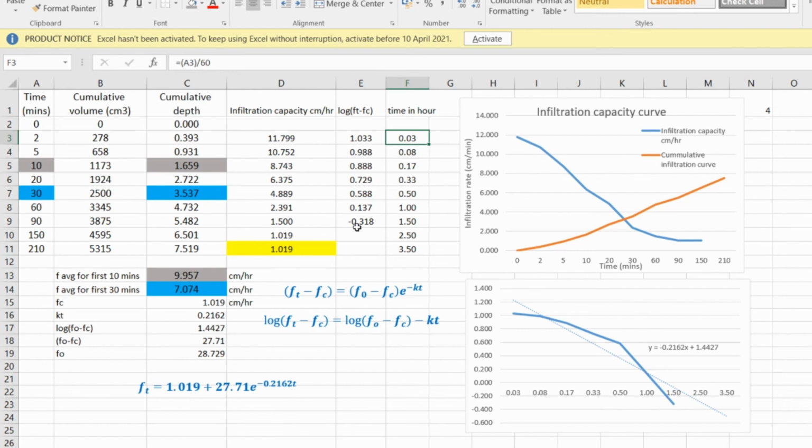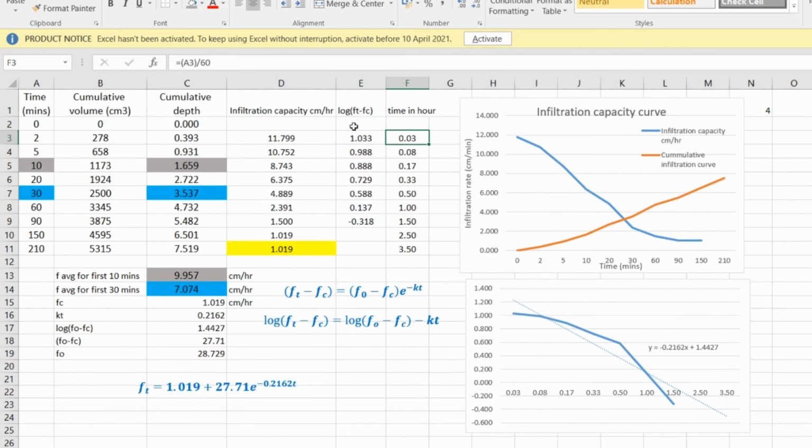So this is my y. Okay, I hope you know the linear equation: y is equal to mx plus c. So your y is the log of Ft minus Fc, and your x is t, which is time duration in terms of hours. So I have plotted those two. Okay, this is the curve I get. As you know, this is not representing a linear curve. What I can do is draw a best fitting straight line over here.